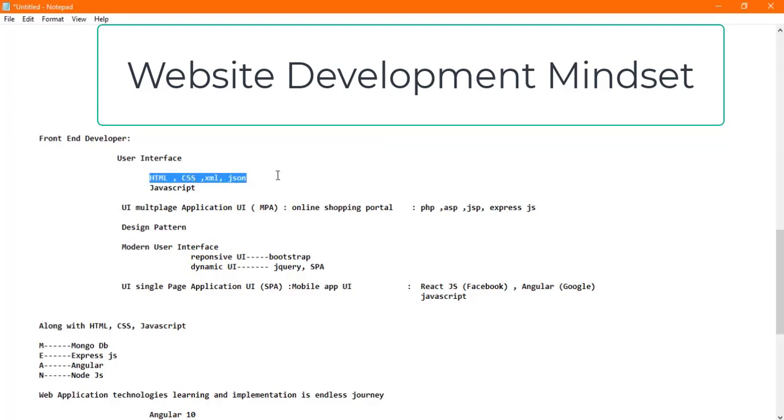We use HTML, CSS, XML, JSON, classical web technologies, and then we are using modern web technologies for making your application much more interactive. So then I introduced a concept called single page application, and there's a concept called multi-page applications. Which technologies are used for multi-page applications? PHP, ASP, JSP, and modern user interfaces use the single page application concept.